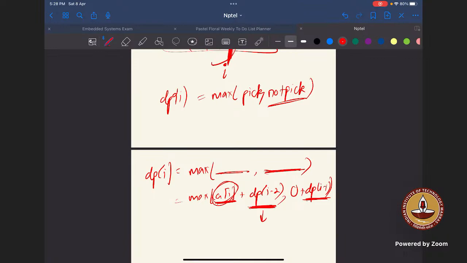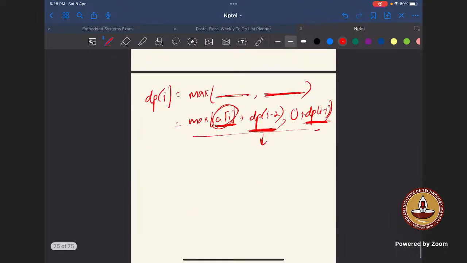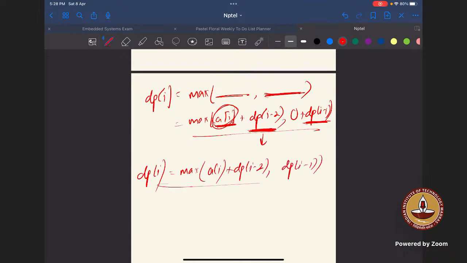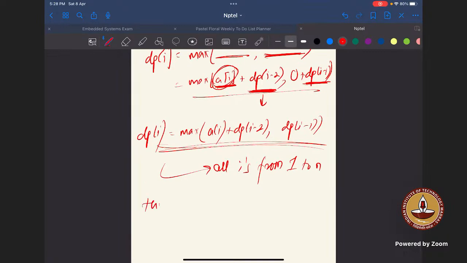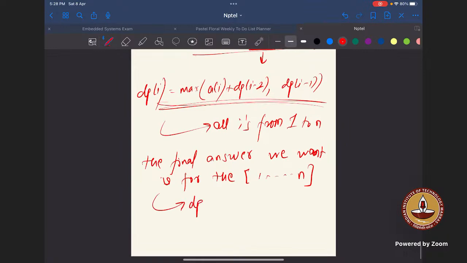Okay, so this is the thing, and we have solved this question. We have literally solved this question. So just need to think like what will dp of I be? dp of I will be maximum of, if you have picked the ith element, then this, and you have not picked the element in this one, and you do this for all i's from 1 to n, and the final answer we want is for the whole array 1 to n. So the final answer will be dp of n. Okay,